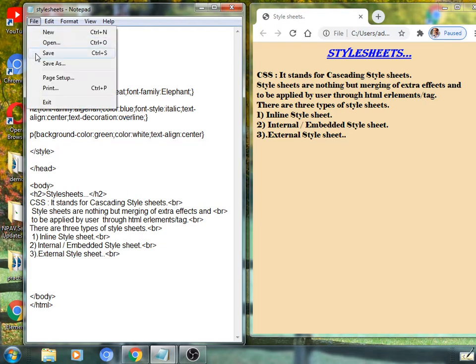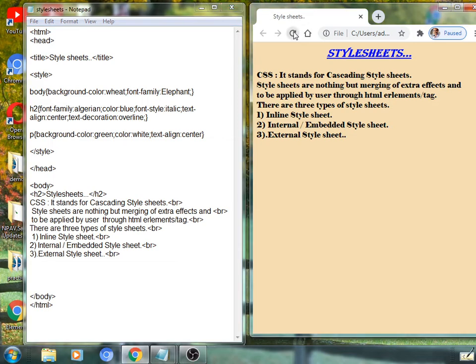Overline, see here, it is placed just before the text on the upper side, that is overline.